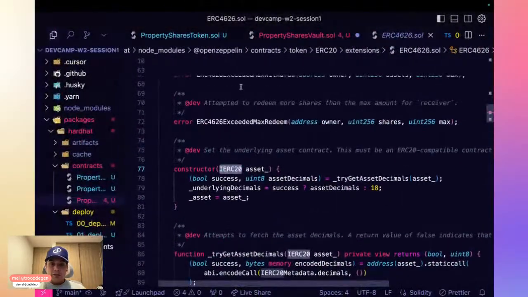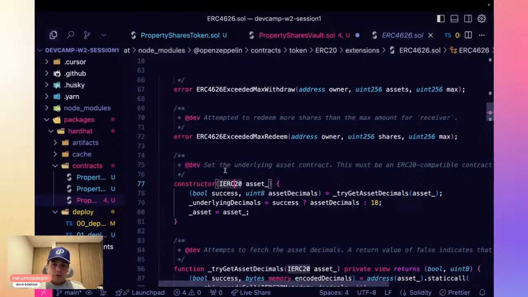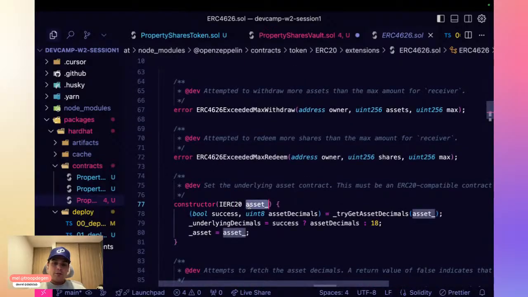That's what OpenZeppelin is doing. They are instructing that, in order to use this 4626 smart contract for the vault, you need to initialize it with an ERC20 type of variable. And this means that this is an implementation of, or an interface. That's why you see the I here. It means that it's the interface for the ERC20 token implementation.